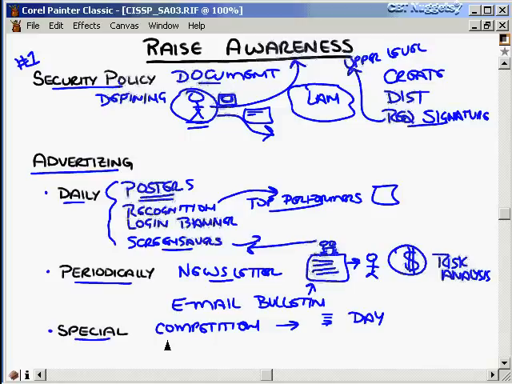So that's a competition. Another special category could be a security dedicated website. This security website is a good source for anybody to log in and brush up on the information. Remember we talked about the security policy earlier. Well, this is one thing you'll have on the website, the security policy. Maybe you'll also have some question and answer areas for those general questions that you seem to get all the